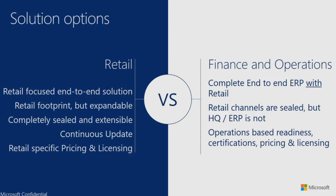Any other questions? Yeah, another question here. I need to know the Microsoft vision. Basically, they have introduced this Dynamics for retail operations, and there is the finance and operations separately. So where will we be getting the updated functionality? Are we getting it on the retail side, or will Microsoft also be enhancing the finance and operations